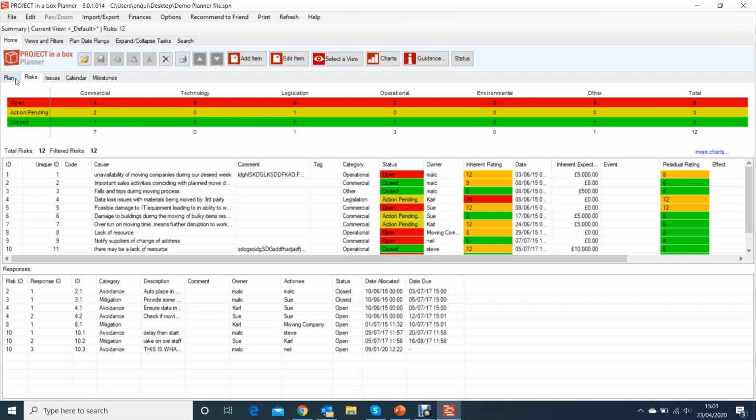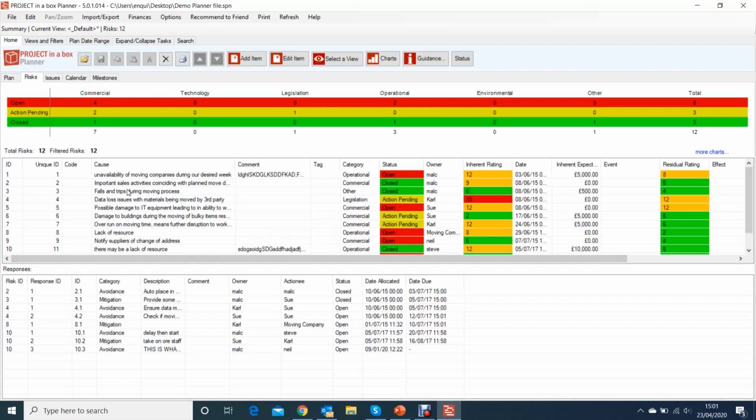But it's not just about saving the configuration of the file. We're going to move on and talk about content now in our templates as well. So that's in the case of our registers, but also in the case of the plan, the Gantt area as well. So firstly, thinking about the risk side, you'll see here we've got a sort of set of risks identified